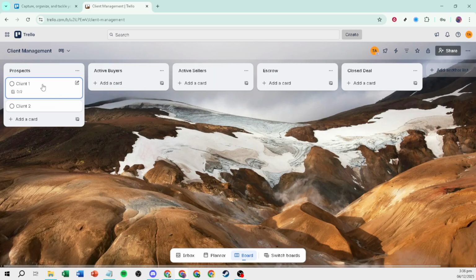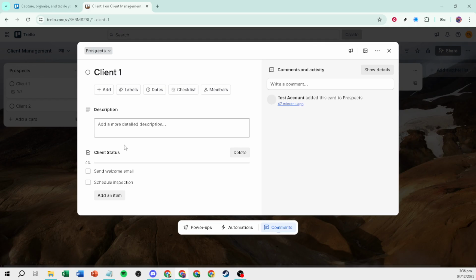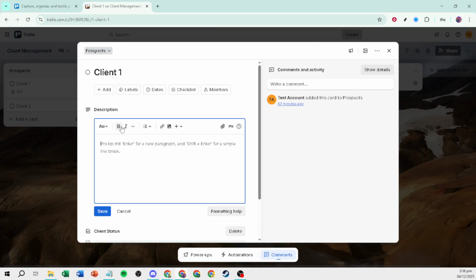Now, create a card for each client. Open the card and use the description to store key details you'll reference often, things like how you met, service needs, budget or price range, timeline, and any preferences that affect next steps. Keep personally sensitive information out of Trello if it's not necessary, and stick to what your team needs to work